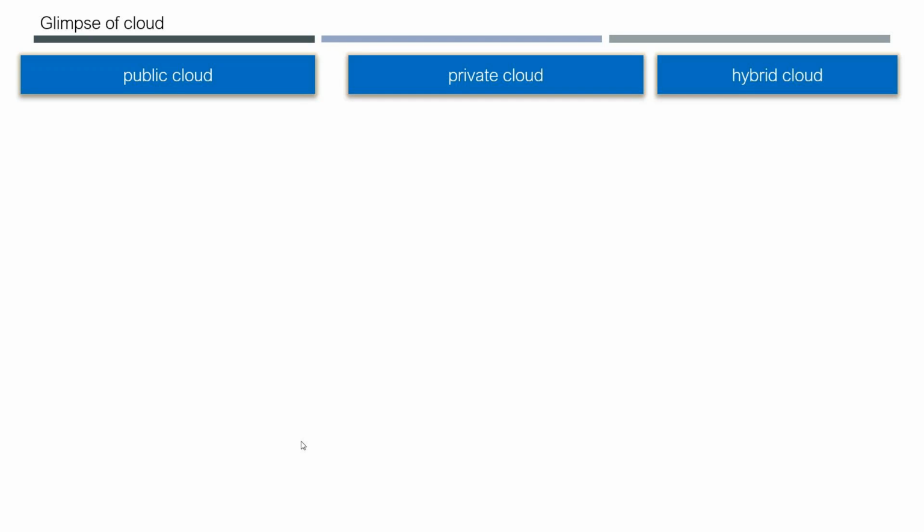That means some other companies created this cloud, and you just go and subscribe to those cloud services. All you need is a credit card or debit card or an enterprise agreement. If you're a company, you need to have an agreement with the cloud provider. If you're an individual, like you or me, I simply use my credit card to create my account in the public cloud and start using all the services of the public cloud.